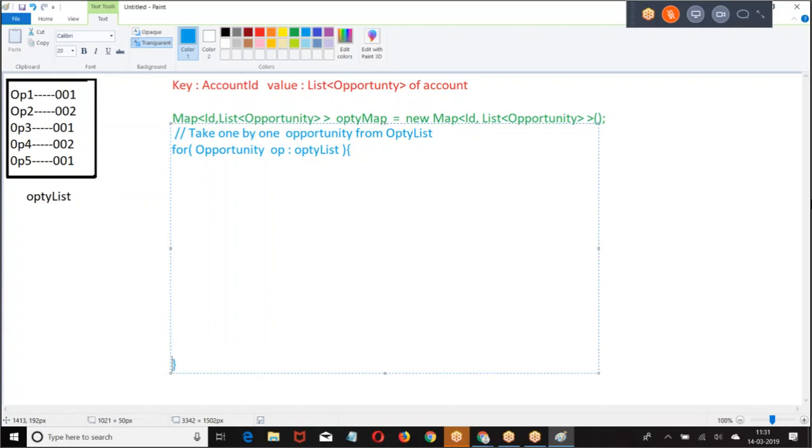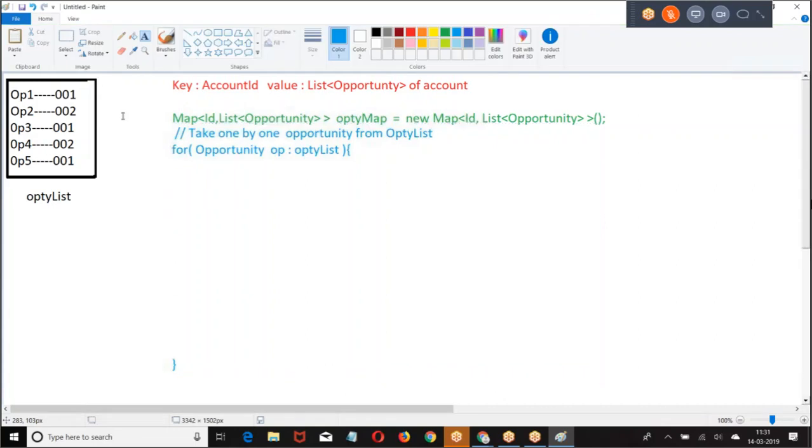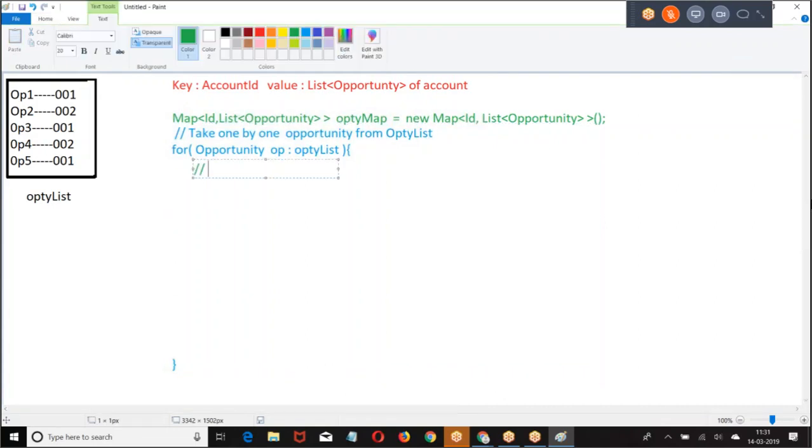Take one by one opportunity. When you take one by one opportunity, what is the account ID of this opportunity? Get the account ID of the opportunity. Now do you get it? ID ACC ID equal to OP dot. Till here, anybody has any query?